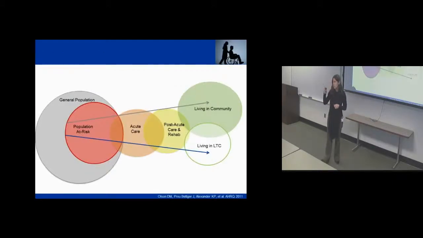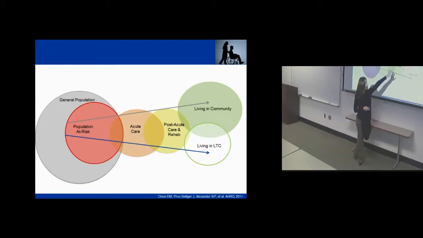The model that we had used when we were doing the systematic review for transitional care came out of the National Quality Forum. This was actually similarly proposed for heart attack and for hip fracture. We adapted it for stroke. And what you'll see here is that you have your population at risk, they have an acute event, they go into the hospital, and in developed nations, they move on to receive post-acute care and rehabilitation, and then are fortunate enough to continue living in the community or move on to live in a nursing home or long-term care. Well, as we began these discussions in 2011 with the George Institute and others in other nations,